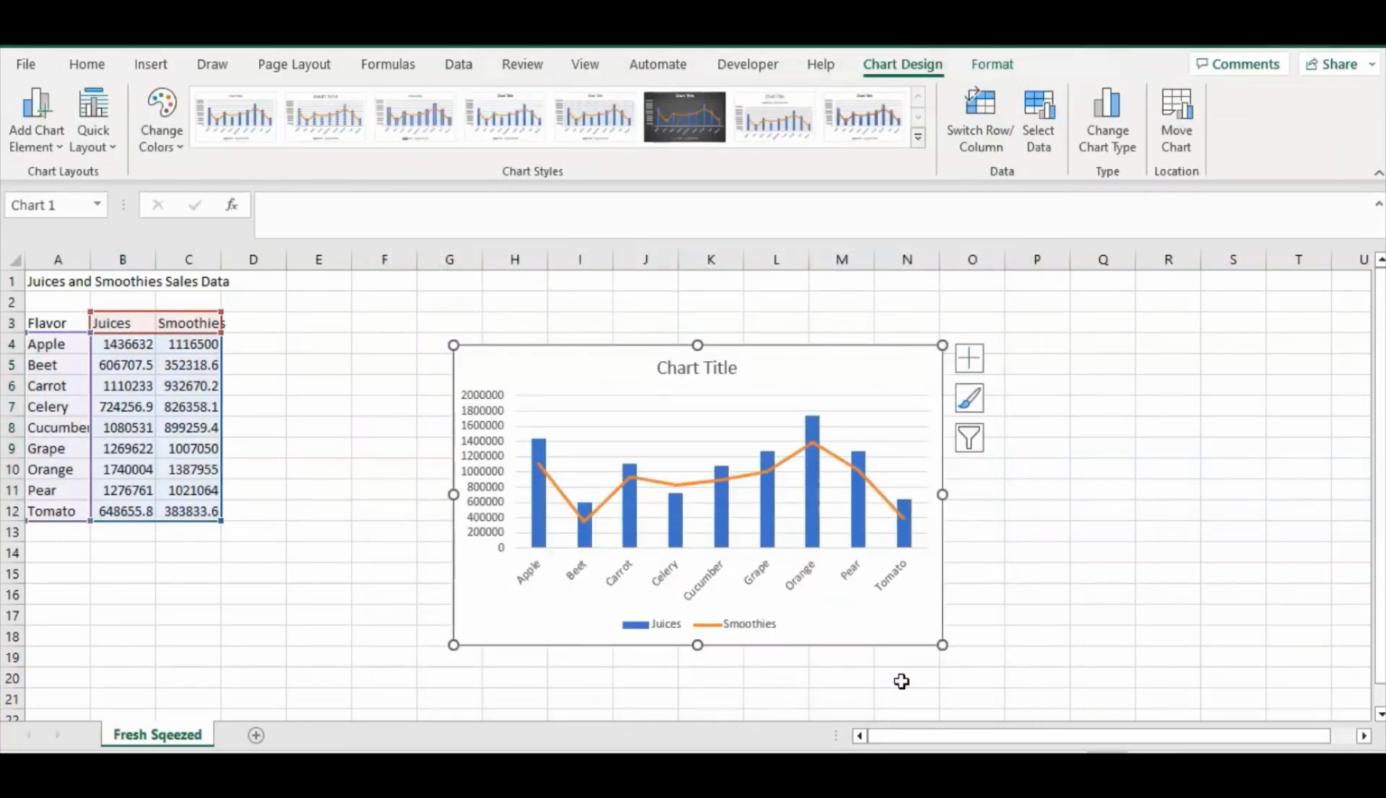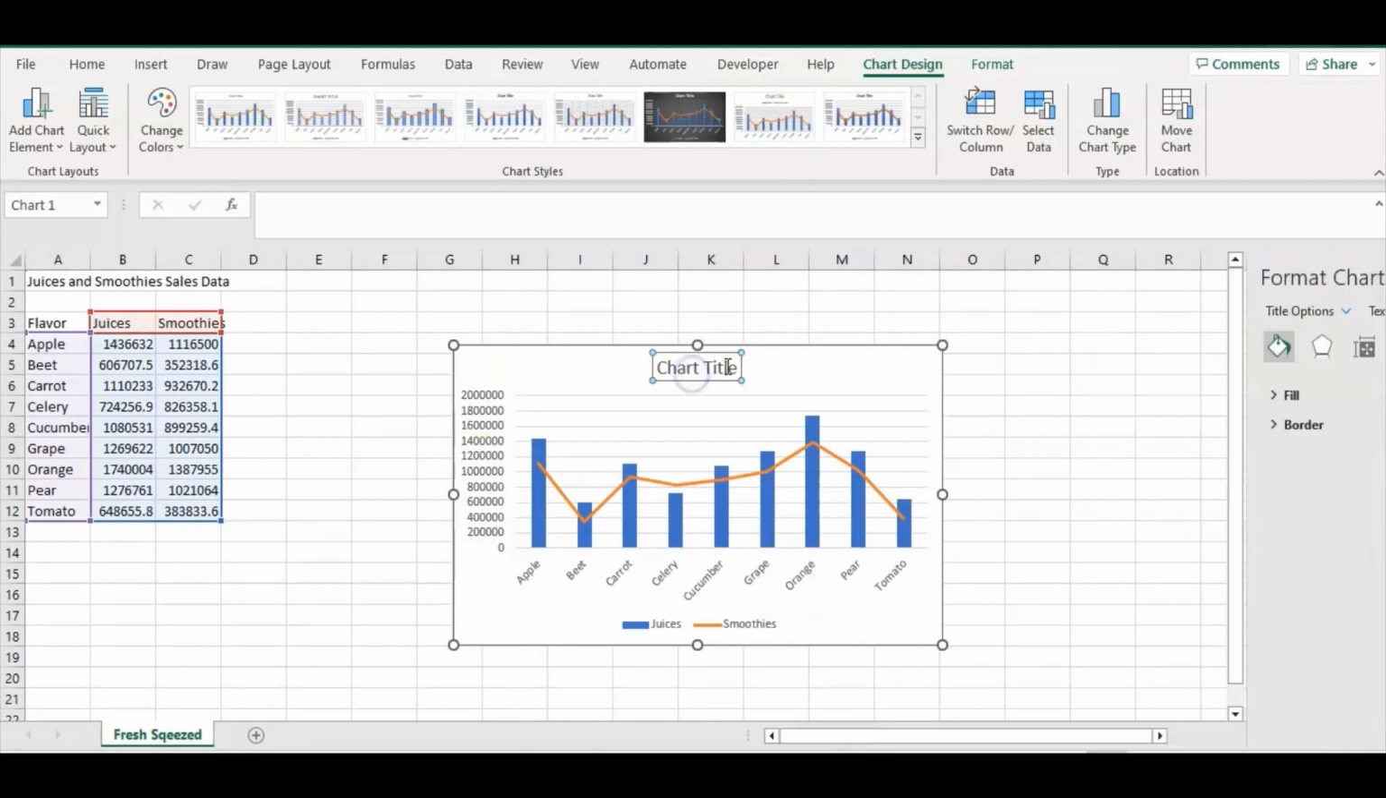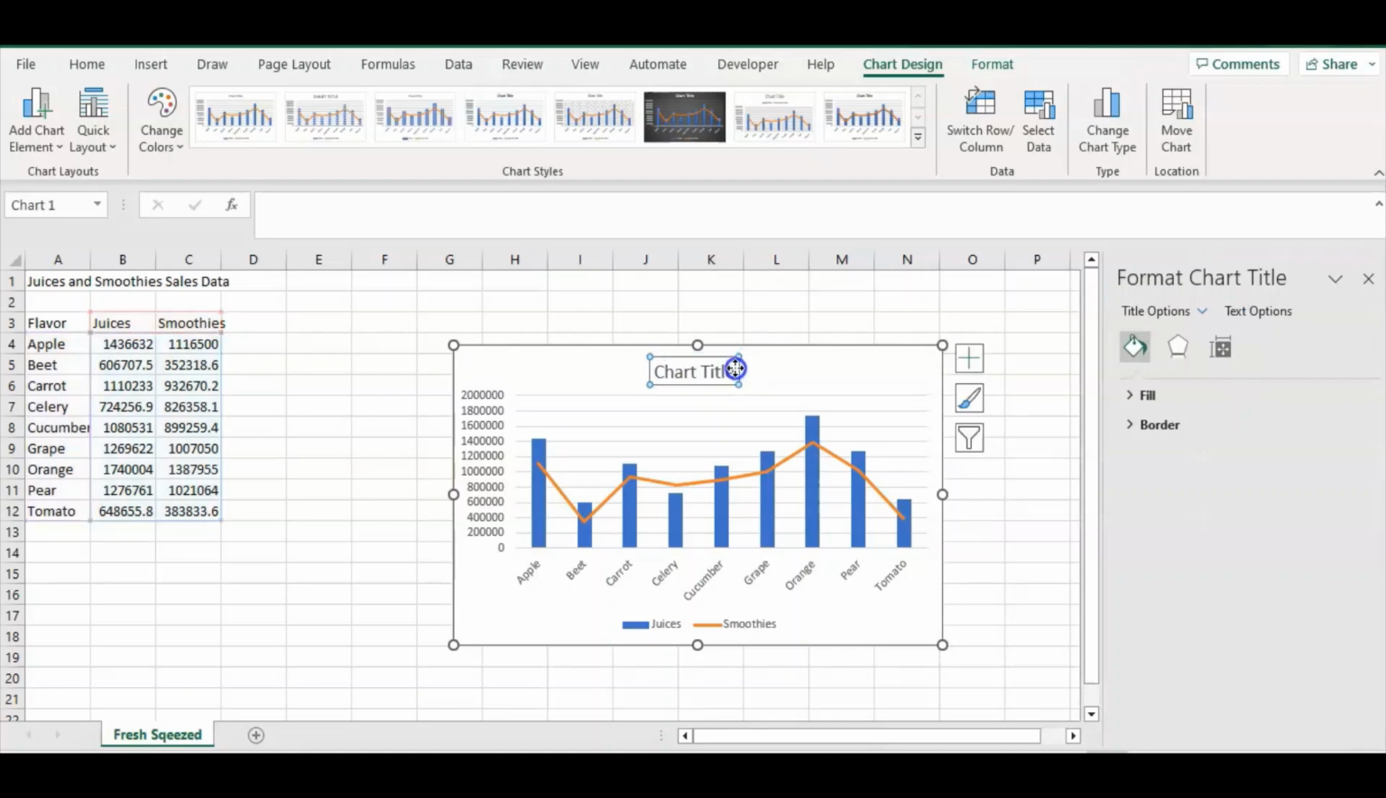A combo chart has been created. The columns represent the juices and the line represents the smoothies. The horizontal axis represents the flavor and the vertical axis represents the values. Change the chart title as